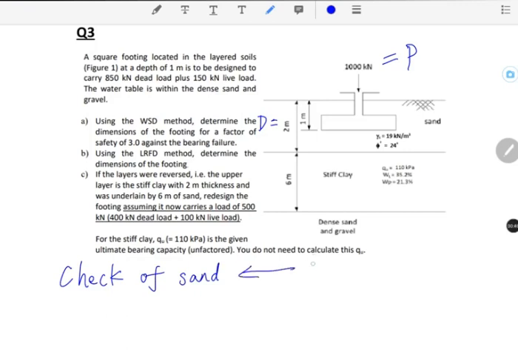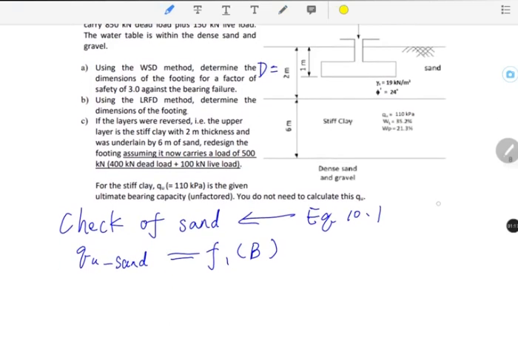We still start with equation 10.1 to find out the QU sand as a function of F1B. B is the width of the square footing using equation 10.1. And then